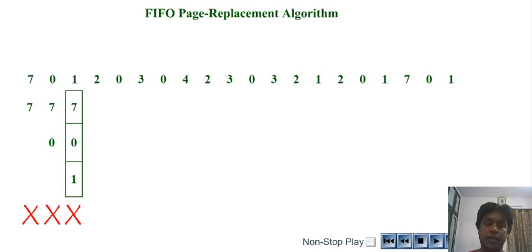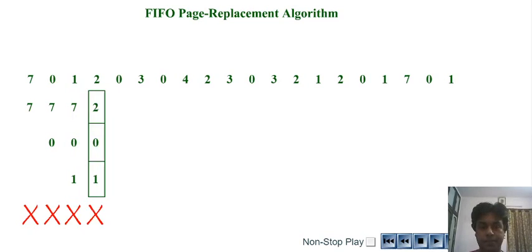Now here is where it gets interesting, as the name suggests, first in first out. Now when we are going to bring page 2 into the frames, all my frames are occupied. So now it is going to replace one of the pages in the memory with the help of first in first out, right? As the name suggests, the page that entered first will be removed first. So let's see. If you can see, 7 came first, so 7 is replaced.